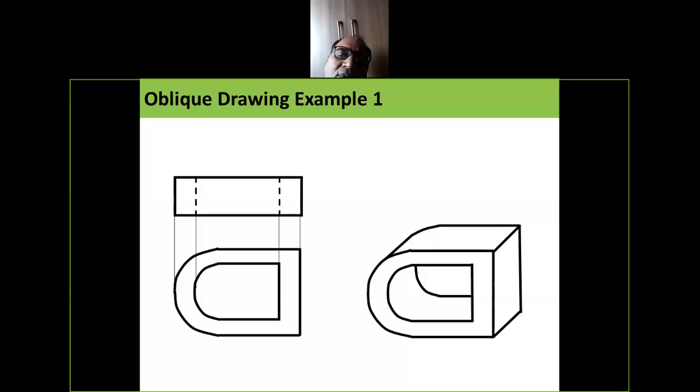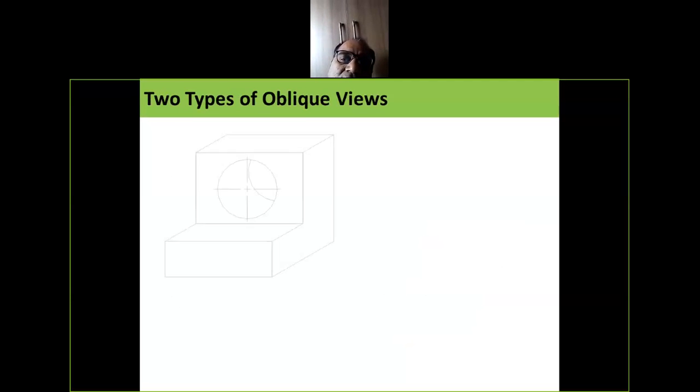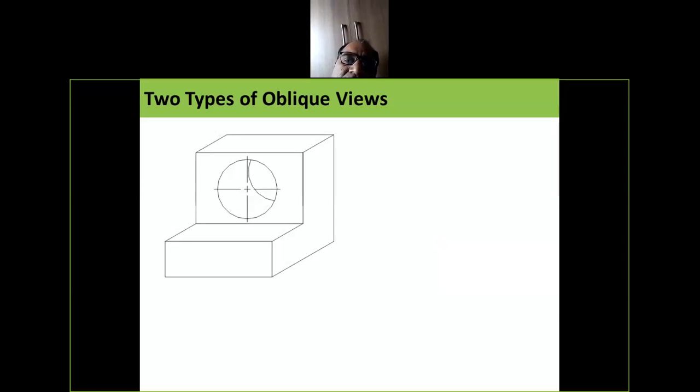After that we make all the important features, such as the semicircular hole and rectangle as we found. This is the case of oblique drawing. So given the drawing of the top view and front view, you draw the oblique drawing this way.